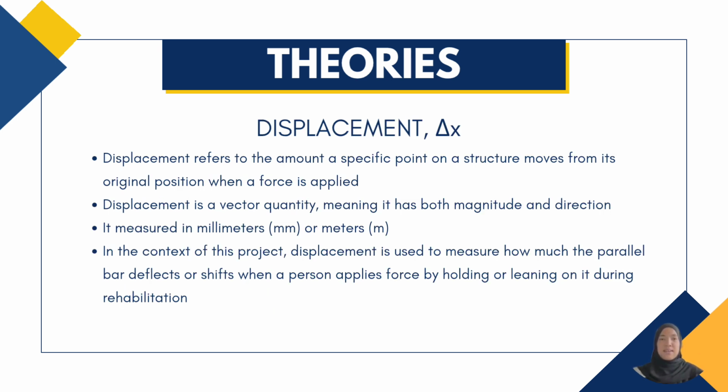Displacement, shown as delta x, is the amount a point moves from its original position when a force is applied. It's a vector quantity, so it has both magnitude and direction, and it is measured in millimeters or meters. In this project, displacement helps us see how much the parallel bar shifts when someone leans or holds onto it